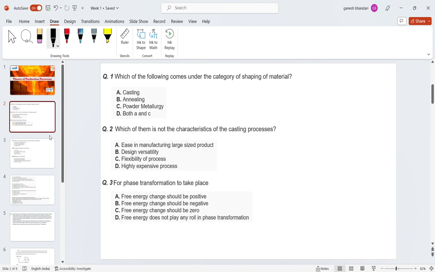The reason behind this is that when we study the earth's crust, the number one element is oxygen, because most elements are present in their oxide form. Second or third comes silicon, Si. That's why SiO2 impurity comes. Third or fourth is alumina, followed by iron. Iron is around 5% in the earth's crust. So that's why these are the major impurities in each and every one of the ores.